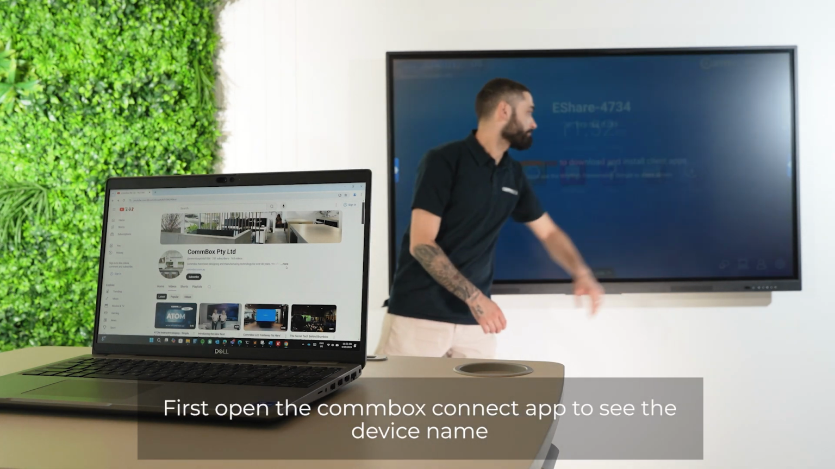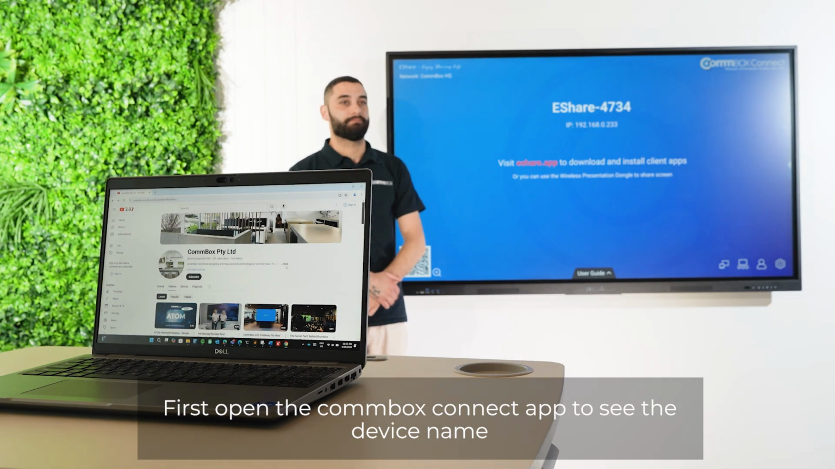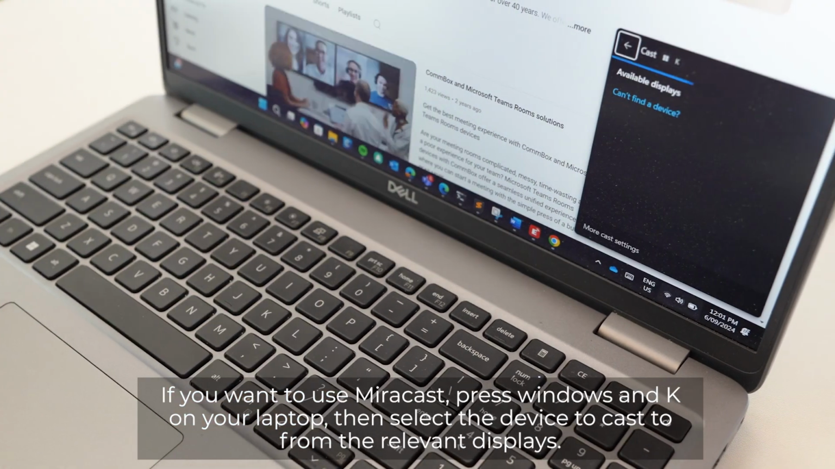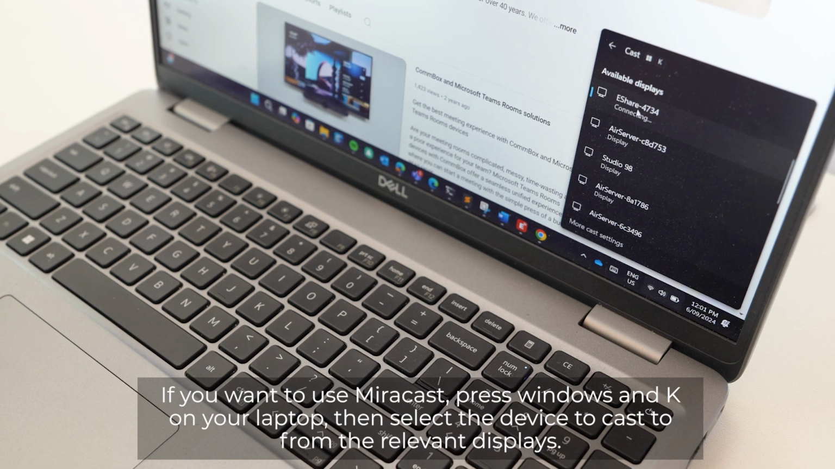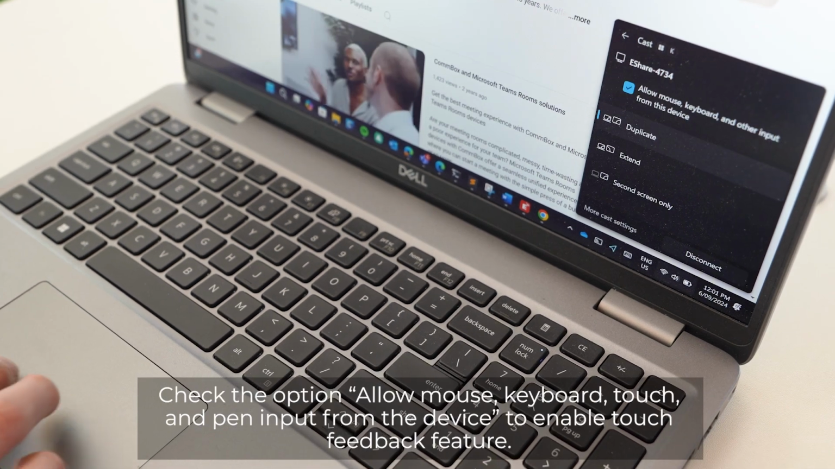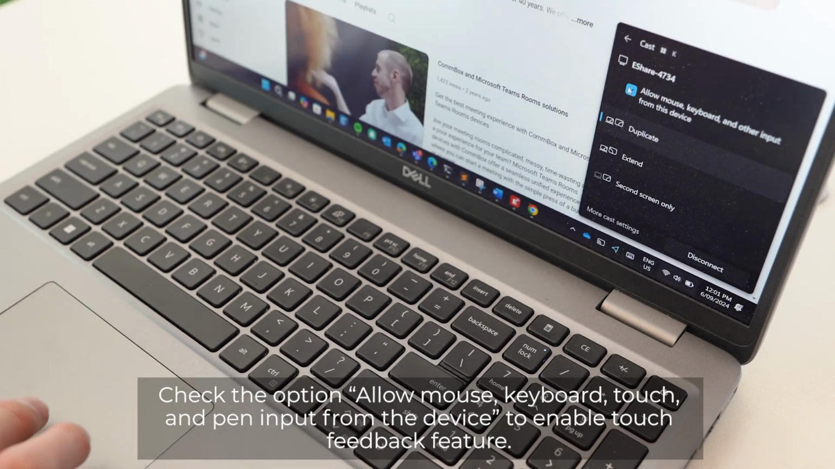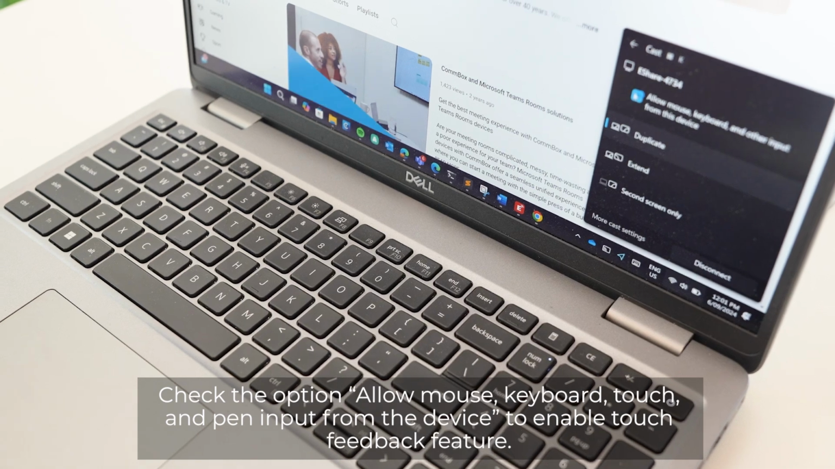First, open the CommBox Connect app to see the device name. If you want to use Miracast, press Windows and K on your laptop, then select the device to cast to from the relevant displays. Check the option Allow mouse, keyboard, touch and pen input from the device to enable touch